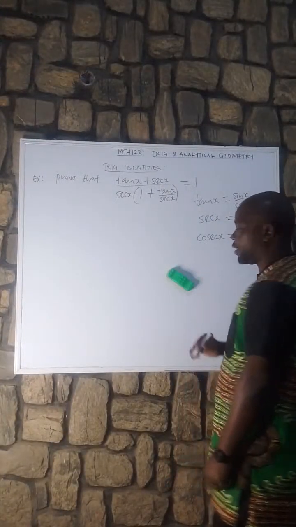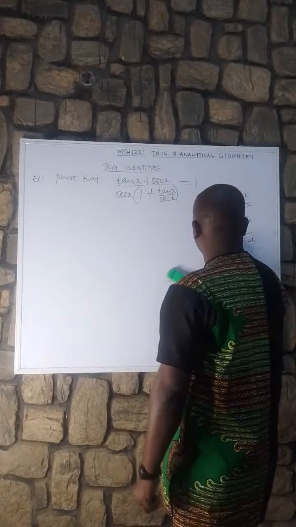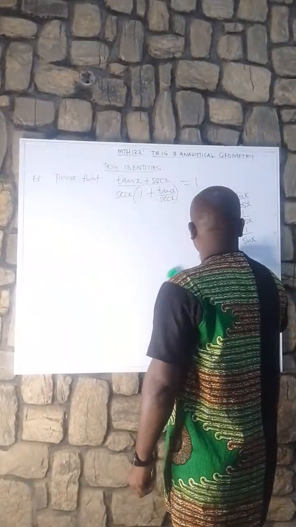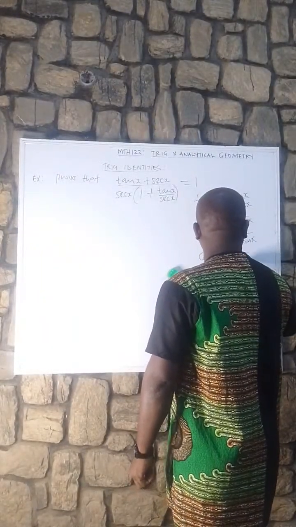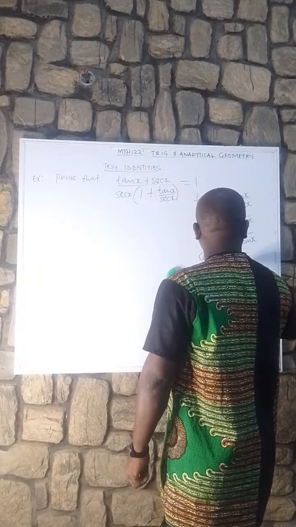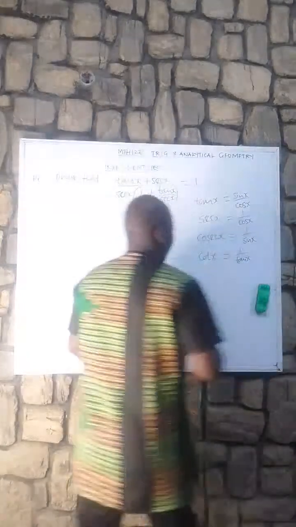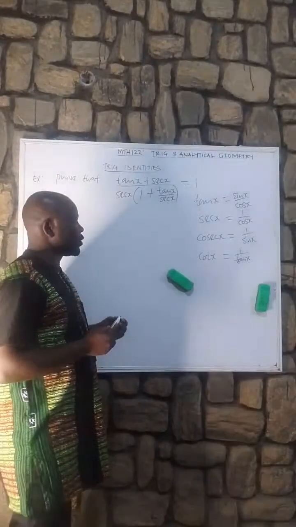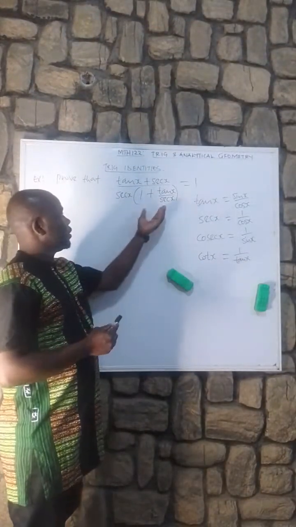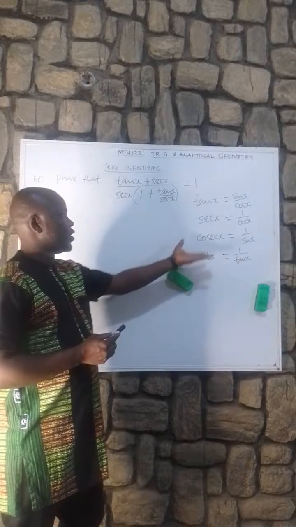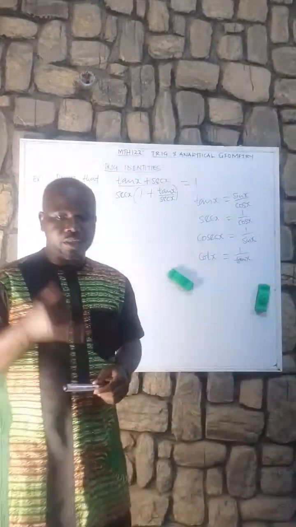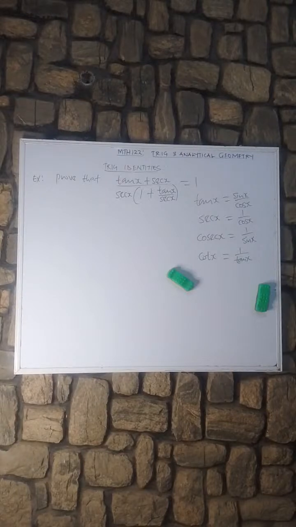Then cot x is equal to 1 all over tan x. So when you come across questions like this, you have to recall all these things. Is that clear? So now we want to prove